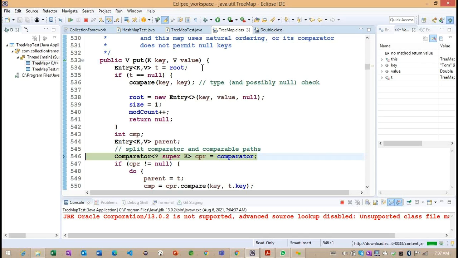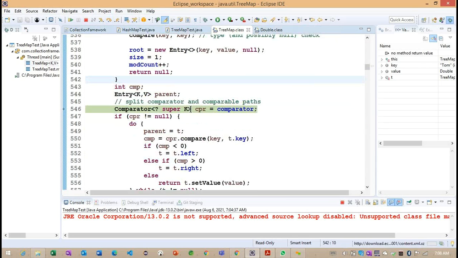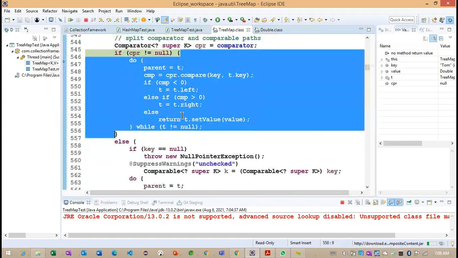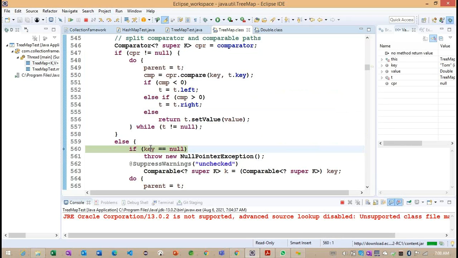Okay. What happens internally? If it is null, they enter into this block. Now we can observe they are checking the comparator. The comparator we have is null. After null, they are checking here. This section of code is not going to execute. Back to the else section. So is key null? No. So we have the key value.